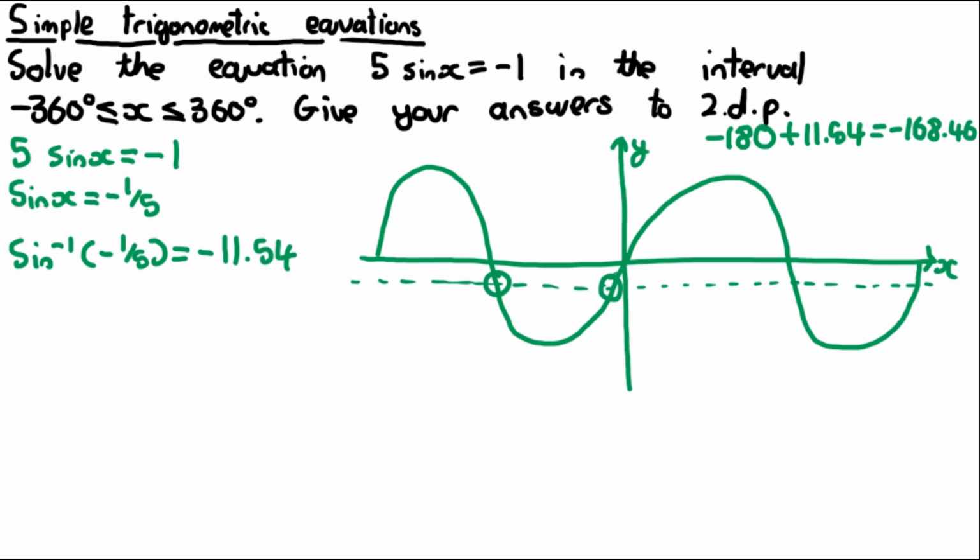We've got 2 of the points now. We found another one. We can find this point because it's going to be the exact same distance here. It's going to be 11.54 again, and we know that this is 180. So this point here is going to be 180 plus 11.54. Remember, that's the distance. This is 180 and this is the distance. And if you put this into a calculator, this is equal to 191.54. And then with the same logic, this point here and this point here are going to have the exact same distance again, and we know that this is 360. So therefore, this point is going to be 360 minus 11.54, which if you put into your calculator is equal to